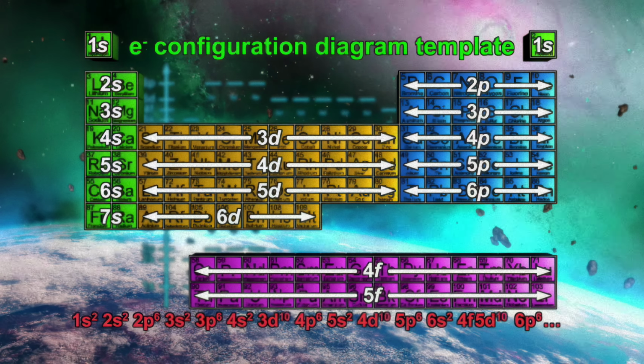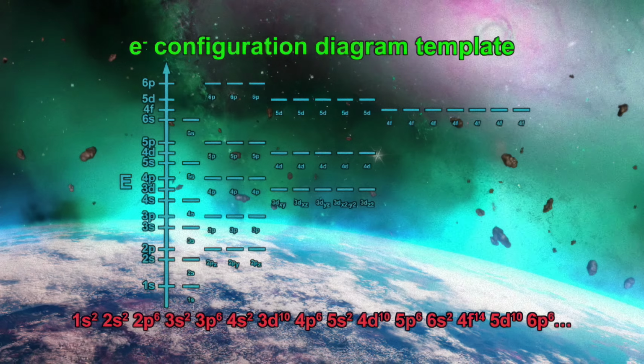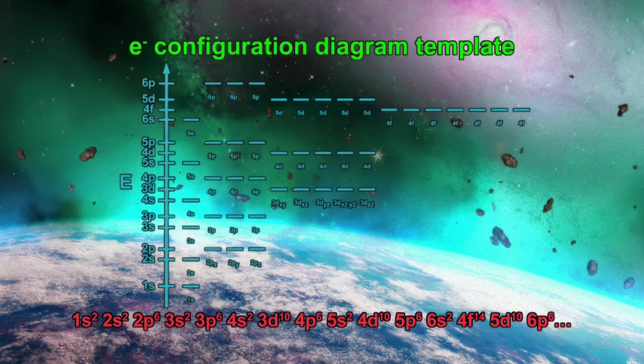You may notice that when we compare the order of filling we obtained from the periodic table to the electron configuration diagram template, they are the same. Clearly, having access to a periodic table helps us reproduce the electron configuration diagram template. Thus, you should practice drawing this diagram on your own with the aid of a periodic table until you have